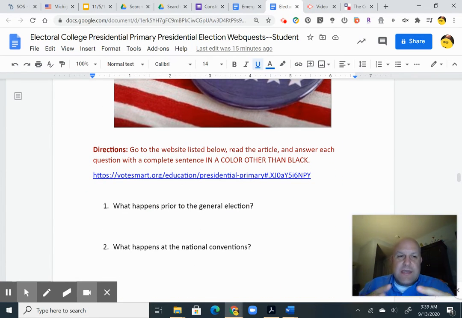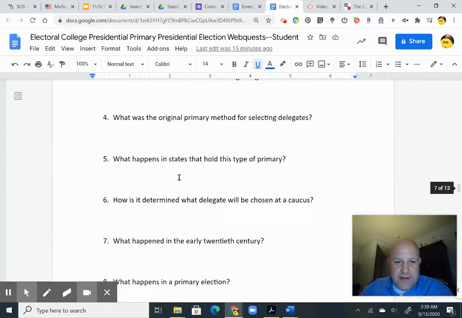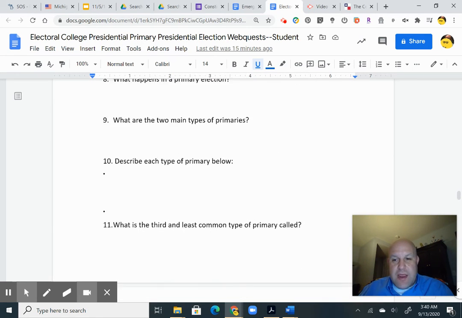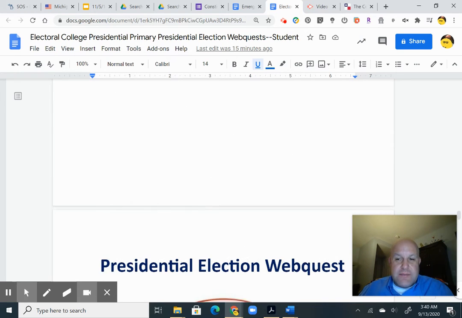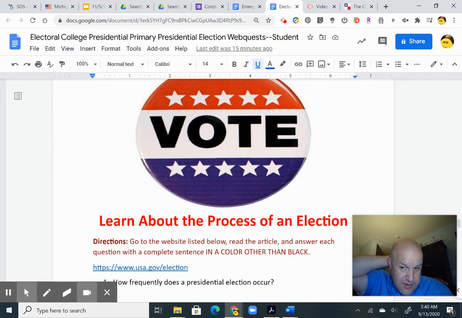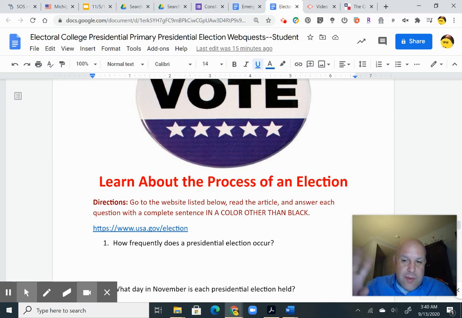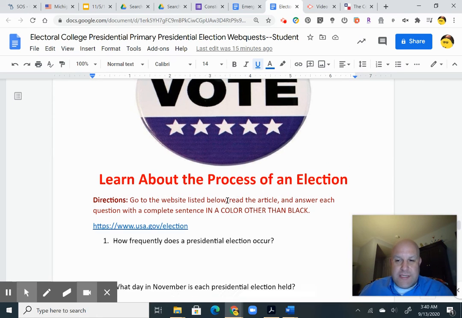Again, this is the process where the Democrat and the Republican candidates run against each other to determine who's going to be the nominee in the general election. So this is a little bit on what happens prior to the general election. The two main types of primaries are open and closed primaries. Michigan is a closed primary, so you have to declare to be a member of that party to get their ballot. So you can only pick Republican or Democrat. That's a closed primary. In August, we had an open primary where you had both, but you could only vote on one side of the ballot.